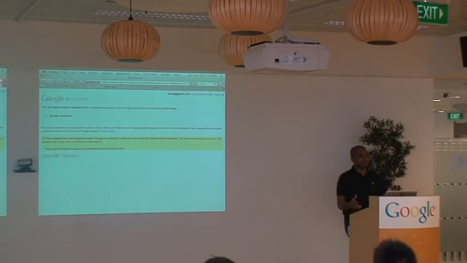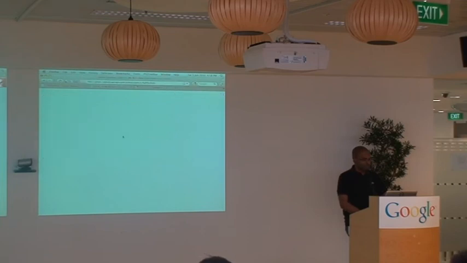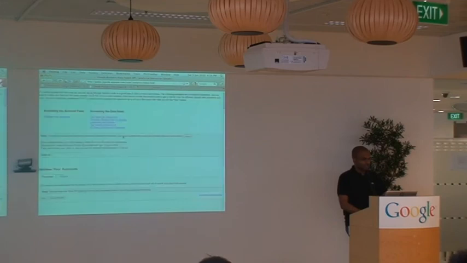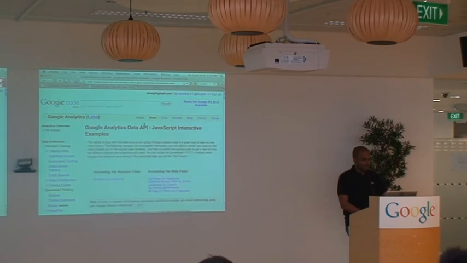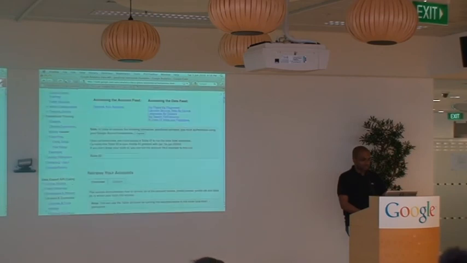So for an application that you may be using, you get redirected to such a page, and it would say, do you want to give this application access to your data? Yes or no. If you don't trust the application, you can say deny access, and your data is safe. If you trust the application, you can say, all right, grant them access. So it grants the access, and then I come back, and now it says I've logged in. And the first thing we could do is actually list all the accounts that I have access to.